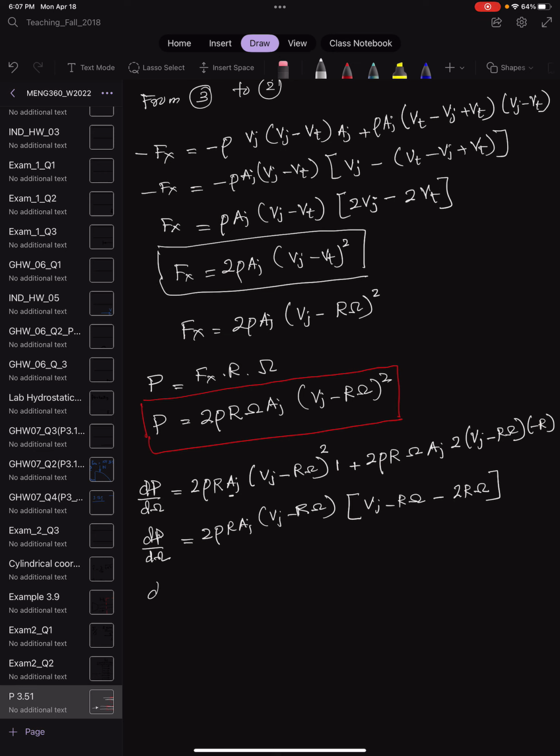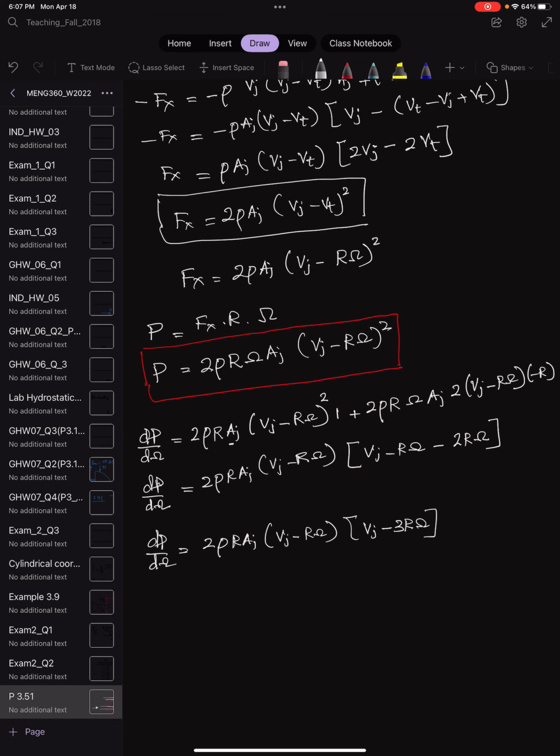So dp over d omega is equal to 2 rho r aj, vj minus r omega, and then you have vj minus 3 r omega. Okay, and now for maximum p,